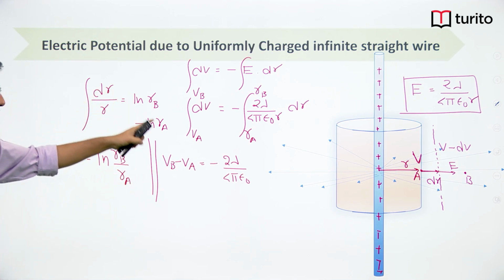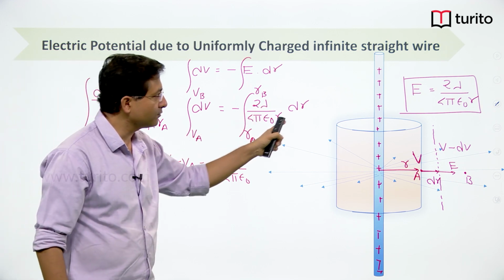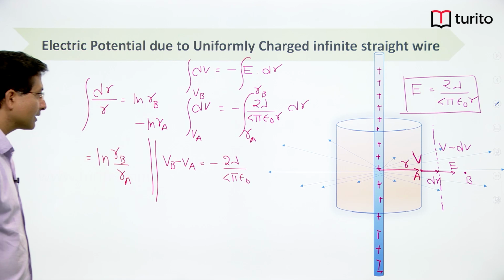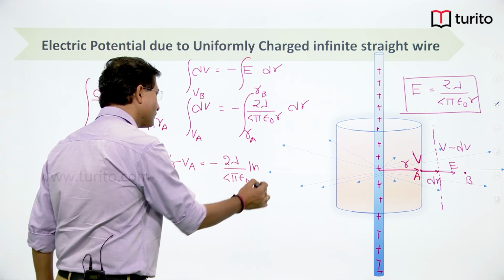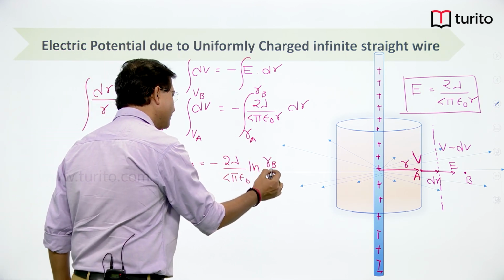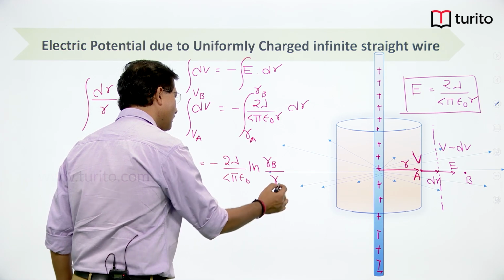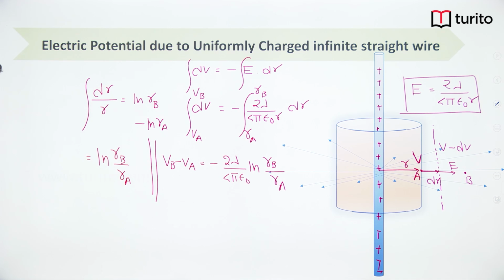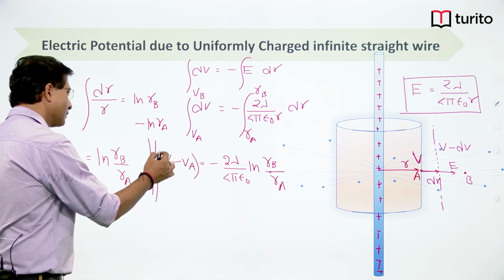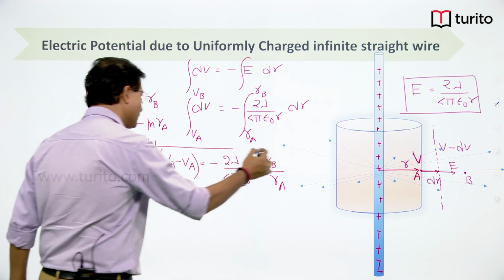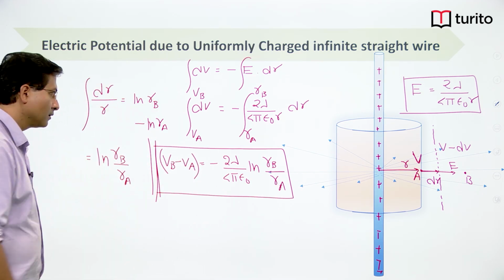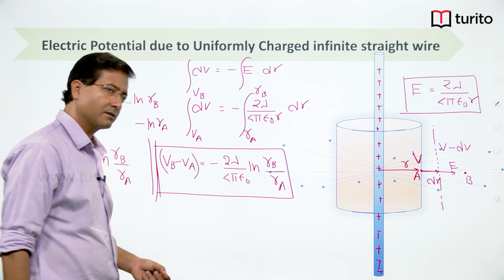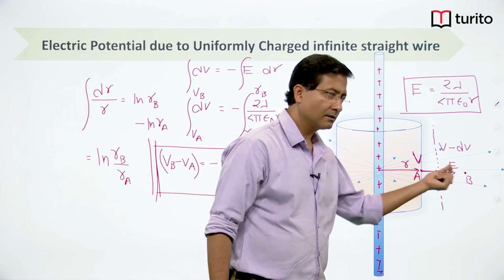If you simplify, you will get ln Rb divided by Ra. This is the expression of potential difference at 2 points